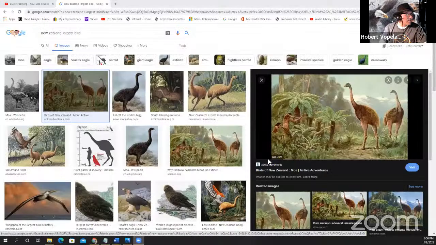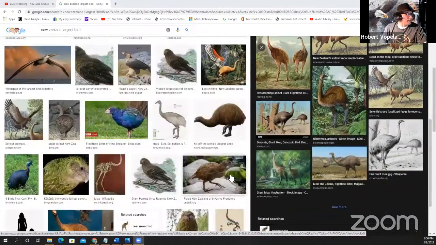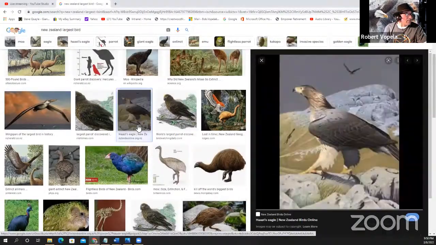Said that at one point in time, there was the biggest bird that lived in New Zealand, and it went extinct. And here it is. I think he said it was the birds of New Zealand. It was the moa. That's what I came up with. Giant bird, looks like an ostrich. Or here, maybe the New Zealand eagle. I didn't know New Zealand had eagles. Look at that eagle.